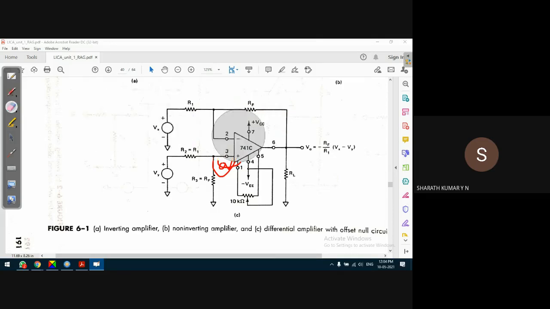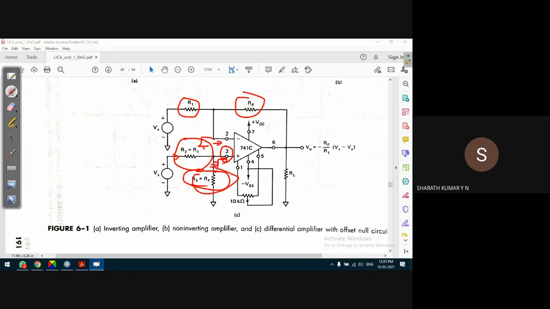Very simple. If you look at the circuit as it is, R1 and RF make sense. R2 also, to some extent, we can justify, as it is used as a current limiting resistor. But what is R3? How do we appreciate the significance of R3? It is used to provide a DC current path for the non-inverting input terminal, and it also helps in retaining terminal 3 at zero potential, thereby generating a virtual ground point, and also to equalize the bias current flowing into these two terminals.